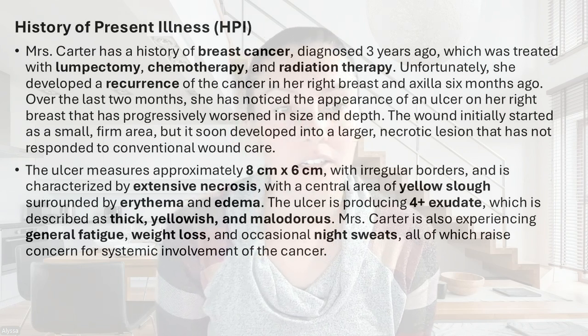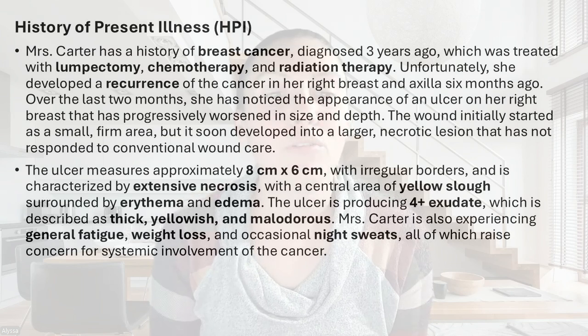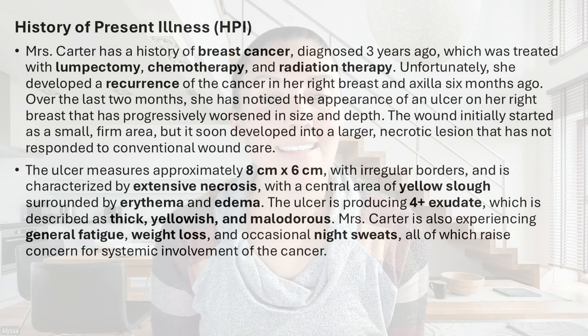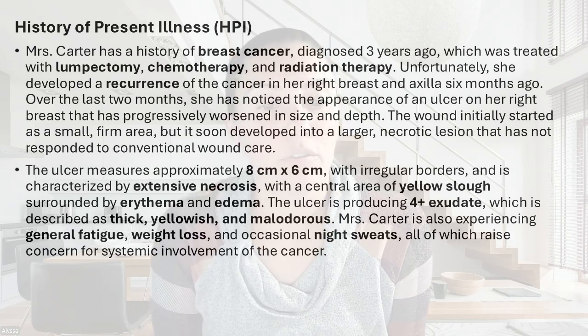So the wound initially started out as a small firm area, but it developed into a large necrotic lesion that is not responding well to conventional wound treatment. The ulcer is measuring 6 by 8 with irregular borders and is characterized by excessive necrotic tissue with a centralized area of yellow slough surrounded by redness and swelling. The ulcer is producing 4+ exudate, which is described as thick yellowish, and it does have a foul odor. Miss Carter is also experiencing general fatigue, weight loss, and occasional night sweats, which is raising concern for systemic involvement